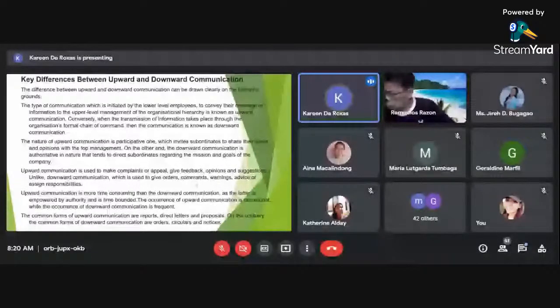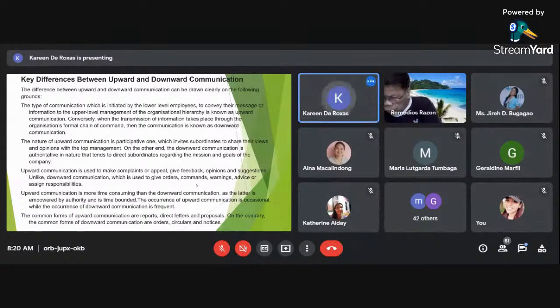Conversely, when the transmission of information takes place through the organization's formal chains of command, then the communication is known as downward communication. So, it is self-explanatory naman po na kapag sinabi natin na upward, it is in the organization hierarchy. While the downward, it is the communication where there is a formal chain of command.